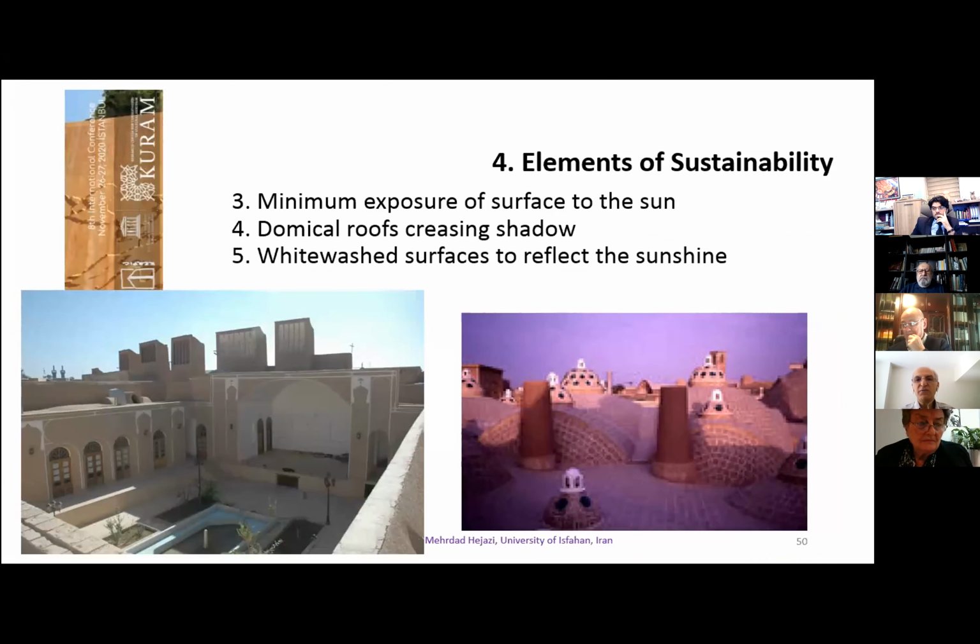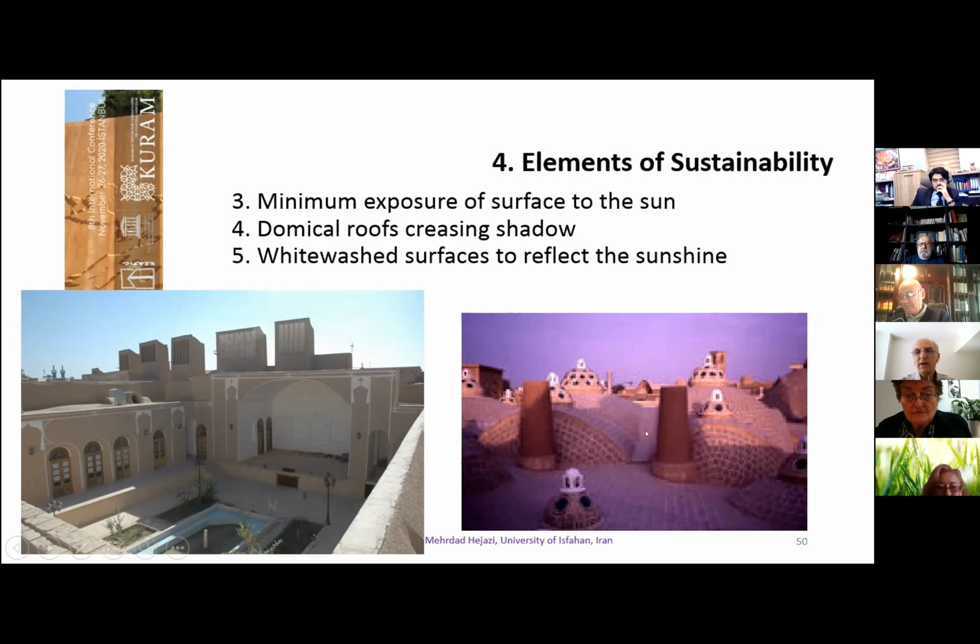The other thing is you have minimum exposure of surface to the sun. As you can see in the picture to the left, it is the summertime and it is around noon or afternoon. Half the building is in shadow, which is very important. And even in the picture to the right, when you have domical roofs and the sun shines, again about half the roof is in shadow because of the domical roof. It means that the architectural design also helps the sustainability of the building. On the other hand, as you can see, the color of the surfaces is light, and when it is light, it can reflect the sunshine during the